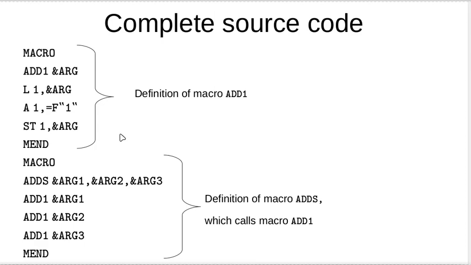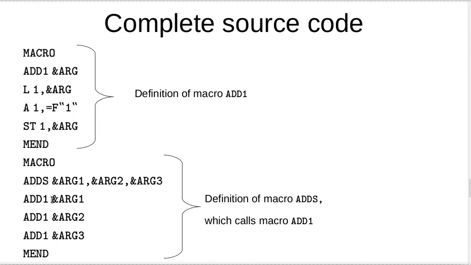Similarly, that definition of ADD1 has to be followed by ADDS, right? Please keep in mind that ADDS cannot precede or come before the definition of ADD1, because the macro ADDS is using ADD1, right? So logically we can come to the conclusion that ADD1 has to be defined somewhere in the program before we are using it in ADDS, right? Okay, so now in ADDS the same definition is being followed as we have studied in the previous slides. ADDS has three arguments, arg1, arg2, arg3, and it is issuing calls to ADD1.